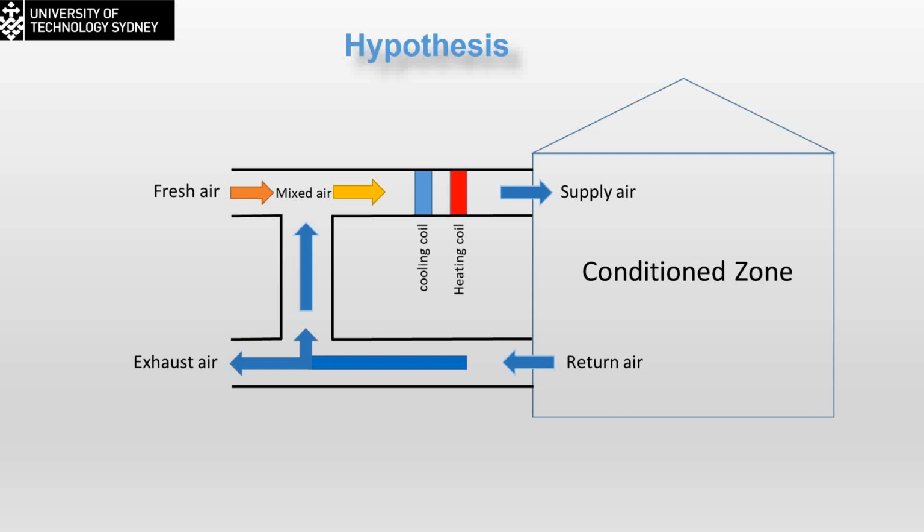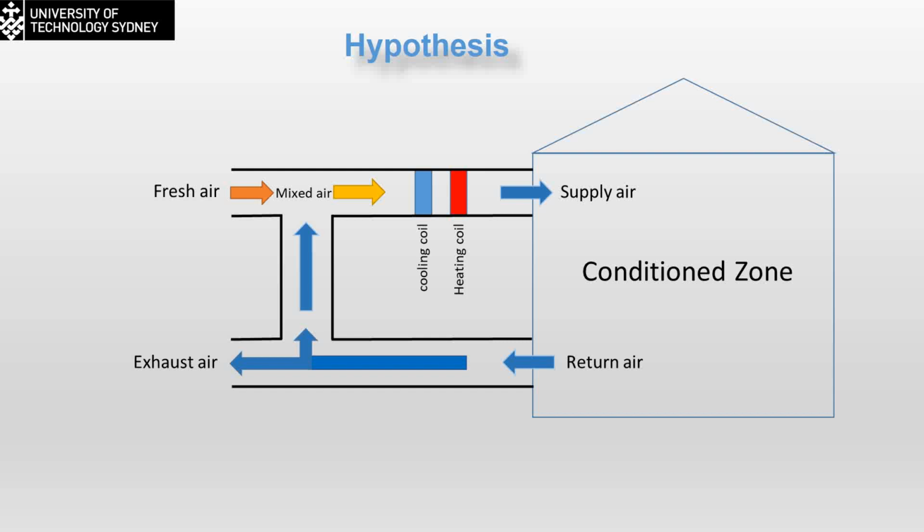Now, the HVAC system is like that. That's what we have in most buildings. We have fresh air mixed with the return air coming from the building, which is actually spoiled air with CO2 and other things. It's mixed with the fresh air to pre-cool it to a certain level, then passed through the cooling coil and the heating coil, and sent to the zone. It takes off the heat from the zone and is sent out as return air.